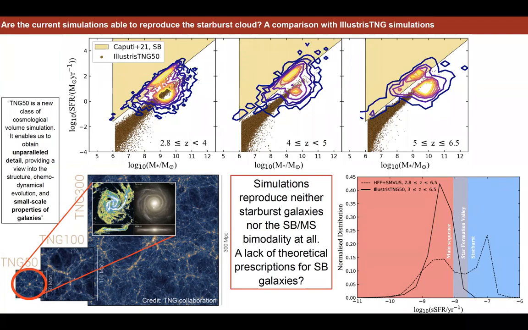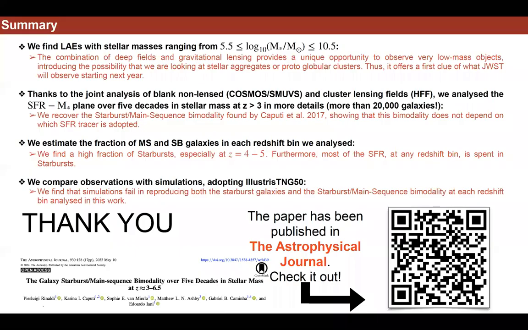So that's it. This is the summary. In this study, we found Lyman-alpha emitter galaxies. We were able to trace star formation down to 10^5.5 solar masses, over 5 decades in stellar mass. Then, combining blank non-lensing fields and cluster lensing fields, we were able, thanks to the Eiger statistic we had there, to